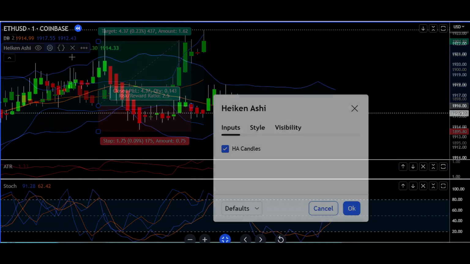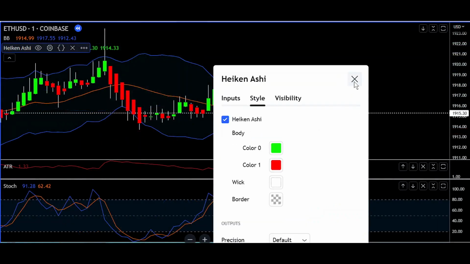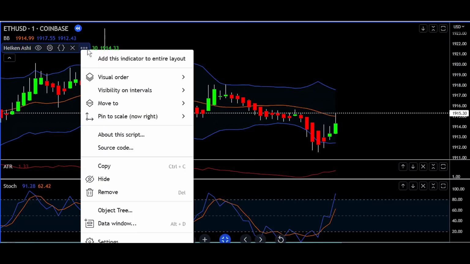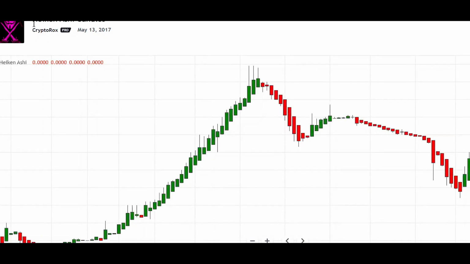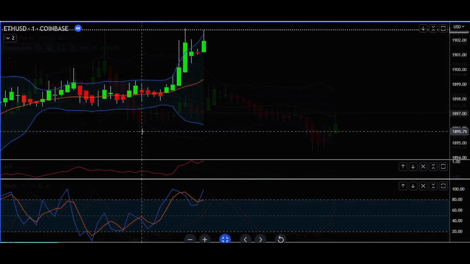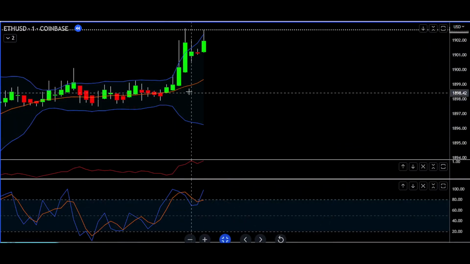Indicator 4. Heikin Ashi Candles Overlay. The Heikin Ashi Candles Overlay is an indicator that overlays the traditional candlestick chart with a modified chart to help traders better identify trends. The Heikin Ashi Candles Overlay was created by Dan Valcu, a trader from Romania, and first introduced in